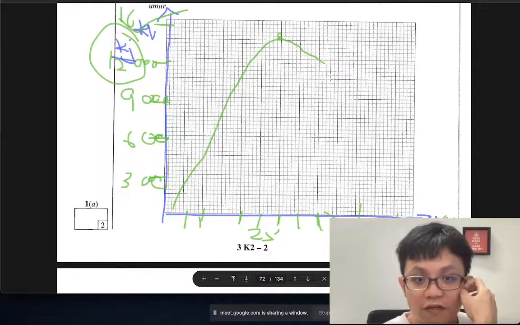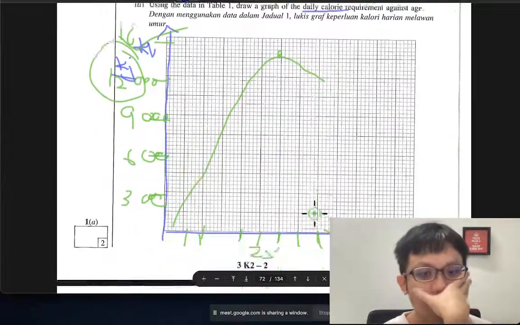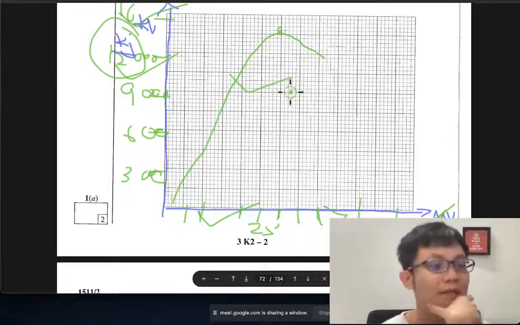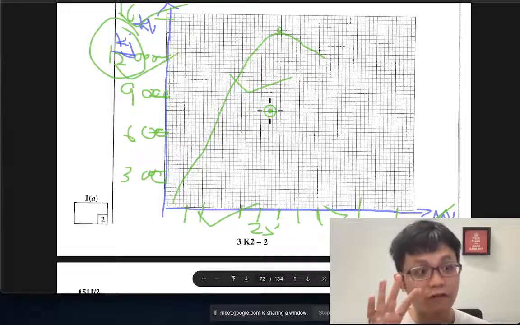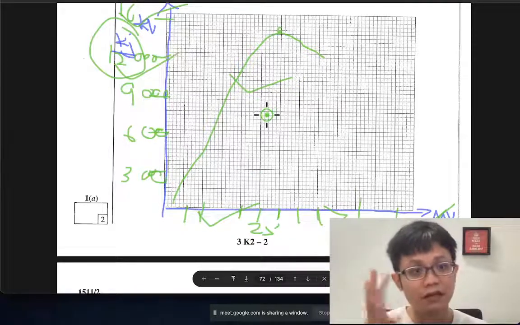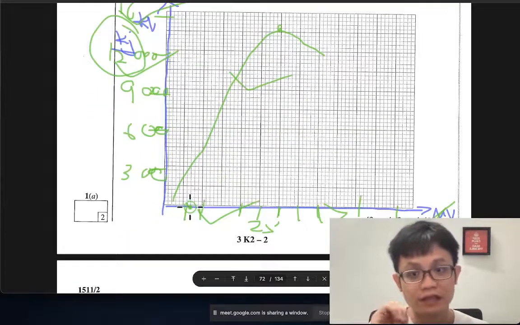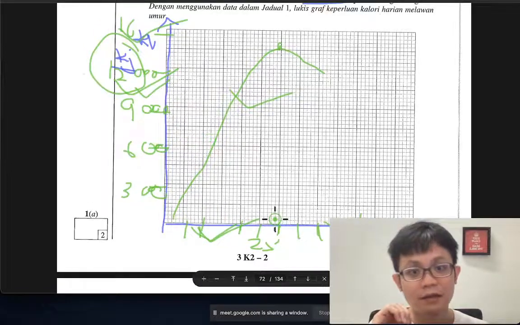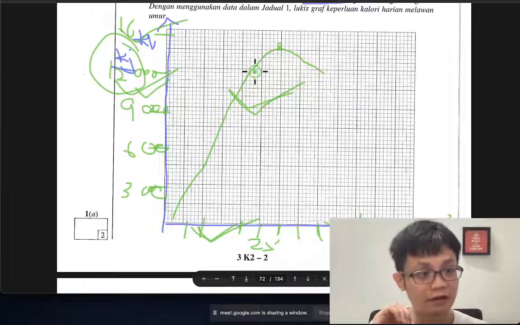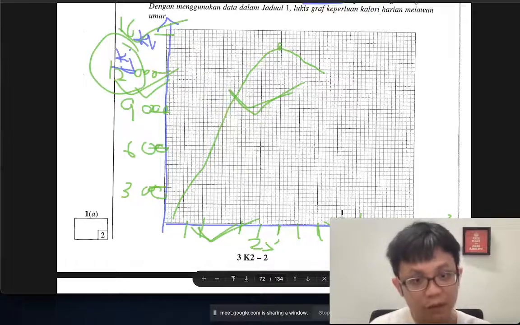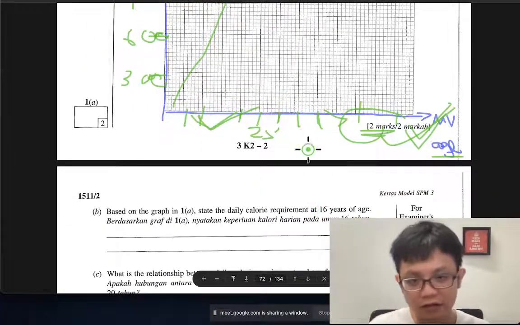Then you get 2 marks for this one. Doing so much work for only 2 marks. How do they mark? Based on the unit, the graph, the scale, and the line. So sometimes in maths or physics paper your graph gets 4 marks, sometimes 2 marks, up to them. But always remember the 4 things. The scale must be correct. The numbering and the unit must be correct, and correct plotting of the dots and the correct line. So you will get 4 marks for a proper graph. But this one is only 2 marks. Up to him whether he wants to give 2 marks or 4 marks.